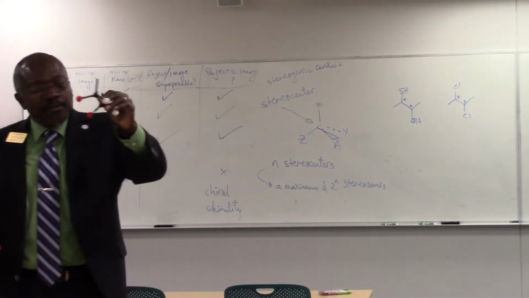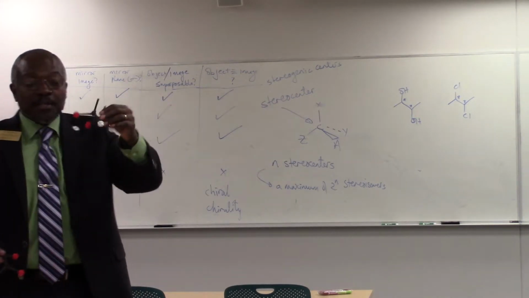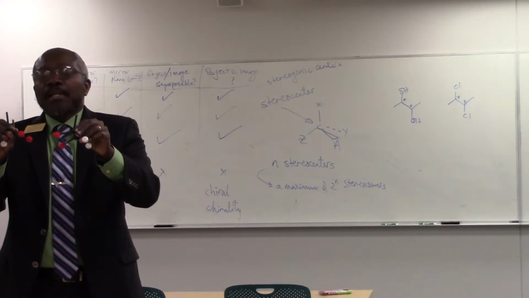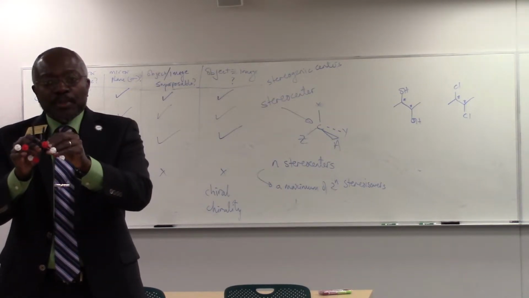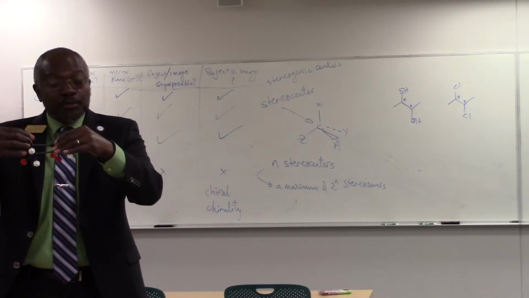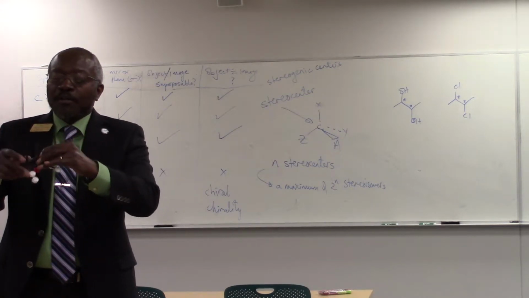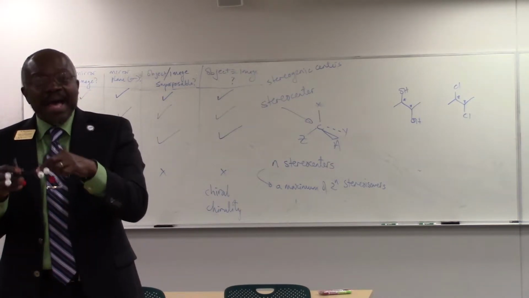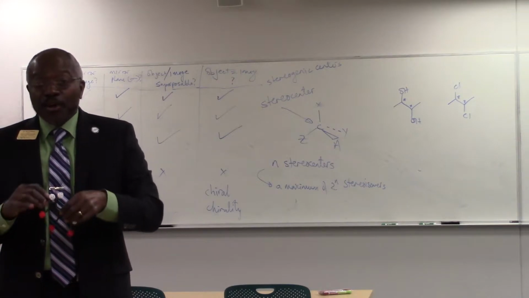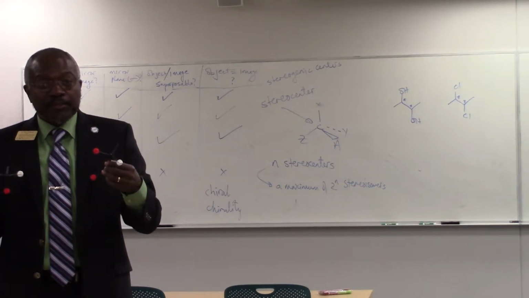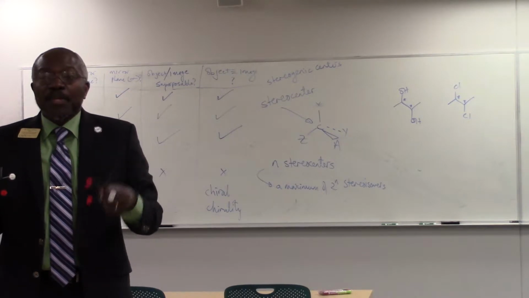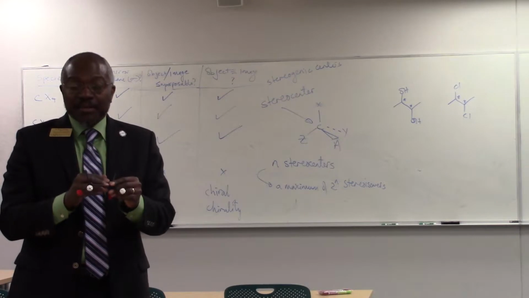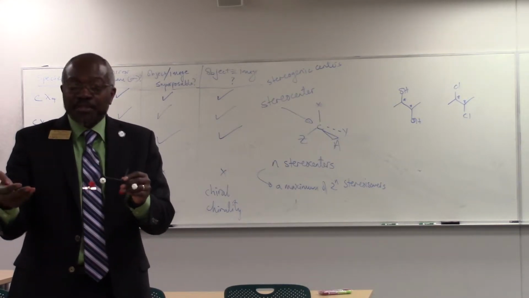So here's the one, 2,3-butanediol. Here's the mirror image. If I look at it this way, they're not superposable. But if I turn the molecule around, which I'm allowed to do, then the molecules are superposable. And if that's the case, then they pass the sameness test, and these are not enantiomers of each other, right? They're not even isomers of each other. So here's a case where I have molecules that possess stereocenters, but they're